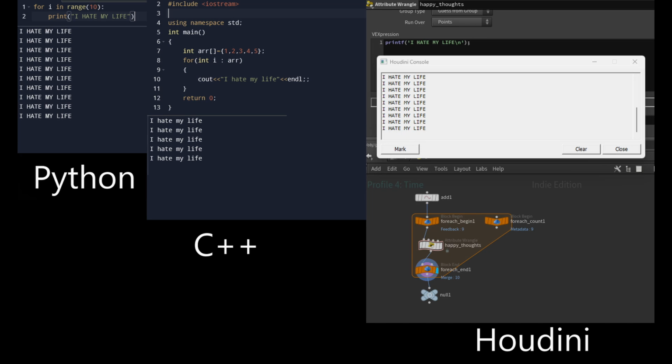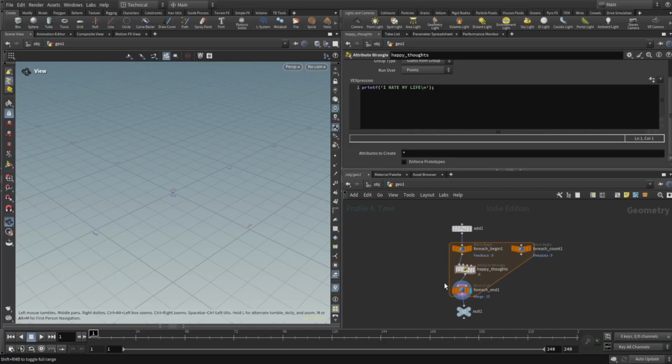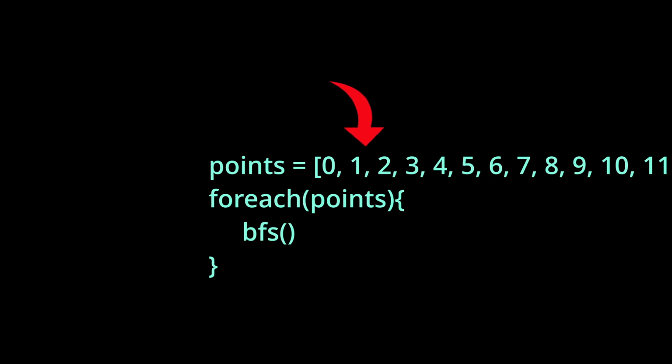A for each block in Houdini works like in any other programming language. You have a block of code, or in this case nodes, which are to be performed for each input element. In this case, I wanted to perform the BFS operation on each point. More specifically, on each source point, which is going to be problematic, because the for each block always follows the